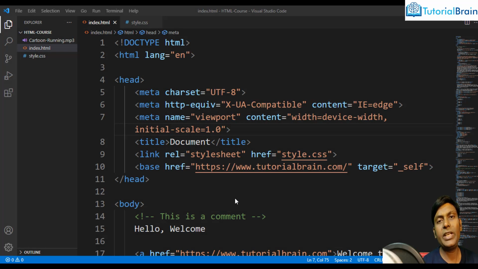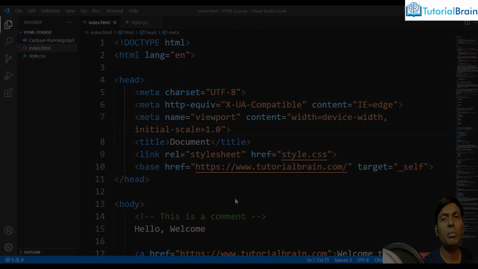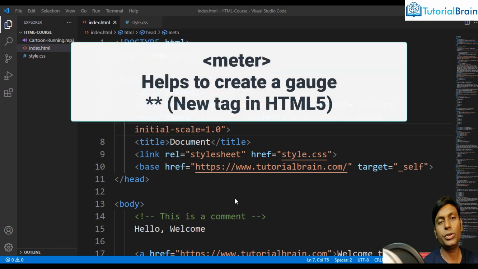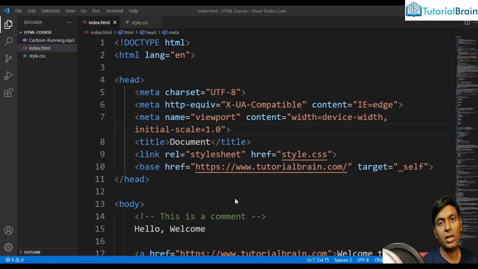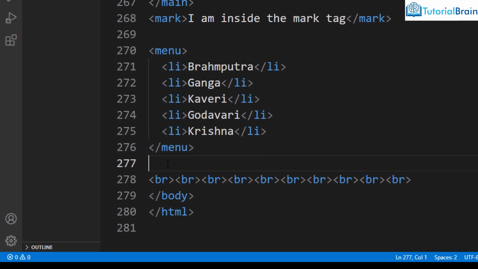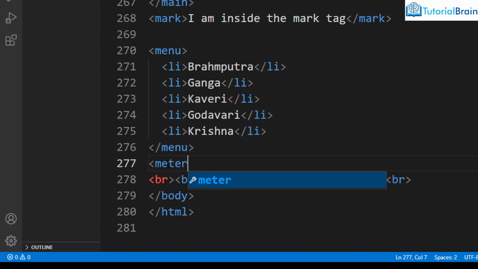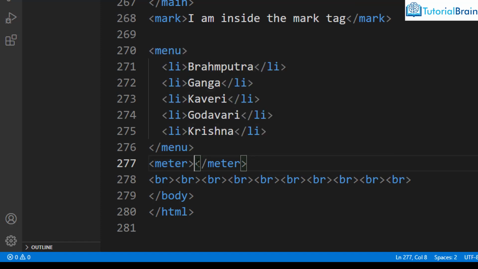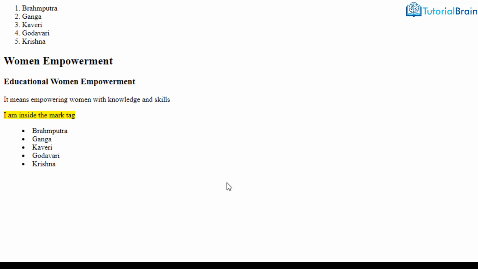Next, we have a new tag in HTML5 which is called the meter tag. The meter tag is used to create a gauge. So in fact, it helps us to create a gauge. Let's take an example. So if I just come down, here I can add a particular meter tag. Let me just add it manually, and here what I can do is I can just give a particular value, that is meter value is equal to, let's say, 4. And at this moment, if I just save this, if you see the output,